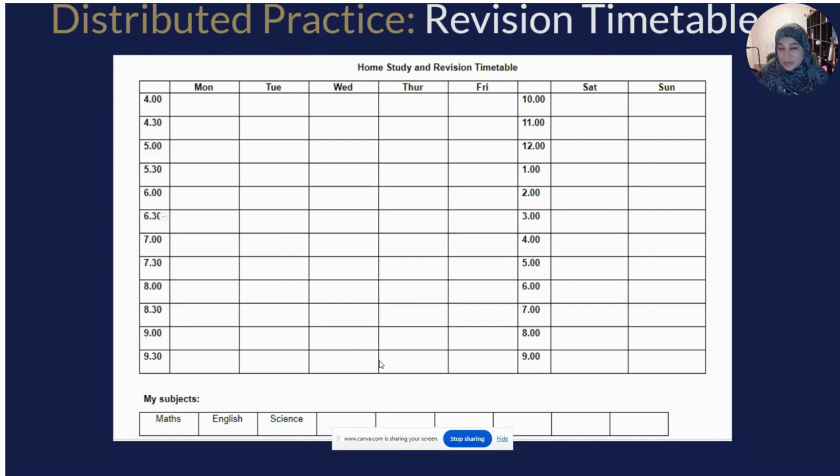So having a timetable, something like this, can be really useful. And this is where you as parents can come in to support your child by blocking out the times when you know they cannot study, or they know they cannot study because they have other commitments, and then agreeing times when they will study, and then slotting in those subjects which they need to revise in those times.